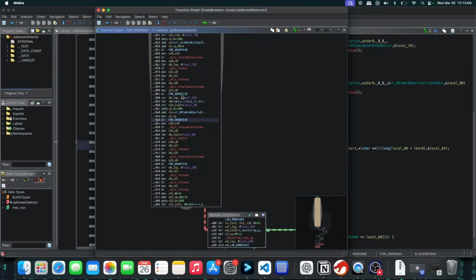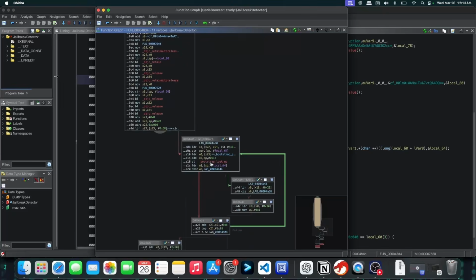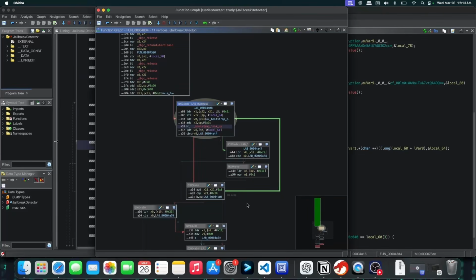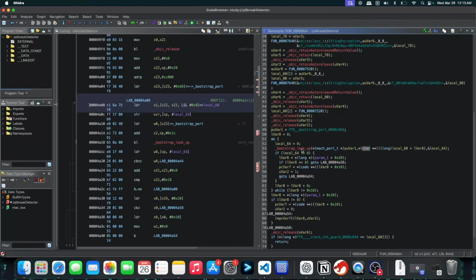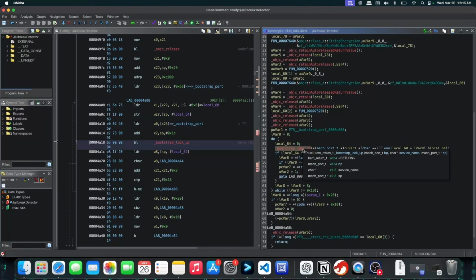So through these string decryption routines, it's first trying to decrypt those Mach service paths, and then it's calling this bootstrap_look_up method and passing those paths one by one inside this loop, right? And if any of those paths exist, this function will return a non-zero value. Again, this API bootstrap_look_up, it's not documented by Apple and it's a private API, so you will not find its official documentation. But here from the decompiled code, let me try to explain to you the syntax of this